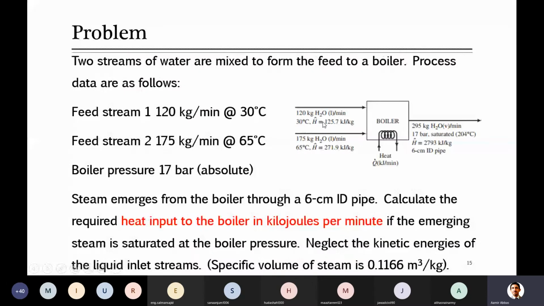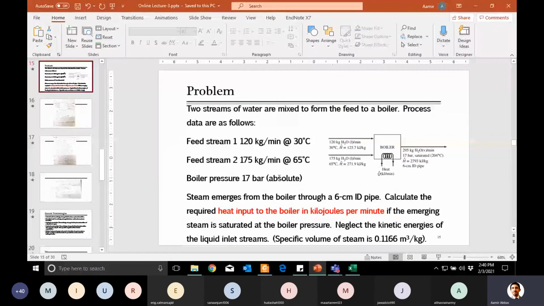My next point was the same. Like here in this question, guys, you can see specific enthalpies are given. But if suppose they were not provided here, can you find them from somewhere? Yes, sir, steam table. Yeah, good. From the steam table, even if this specific volume, although in this question it was mentioned, but suppose it was not provided, you can find all this information like specific internal energy, specific enthalpy, as well as specific volume. These are provided in the steam table. So you can find those.